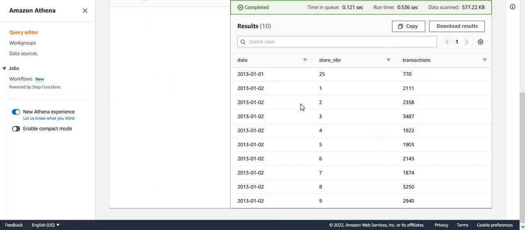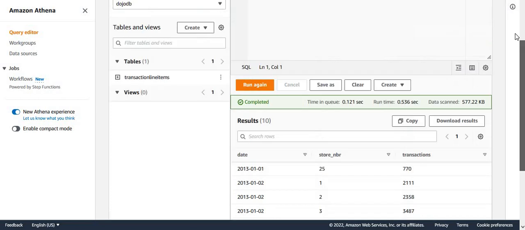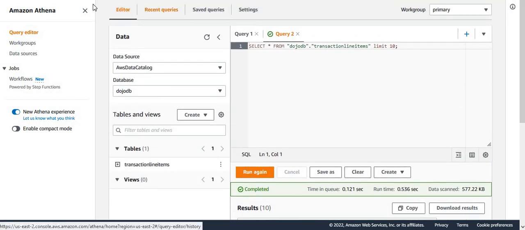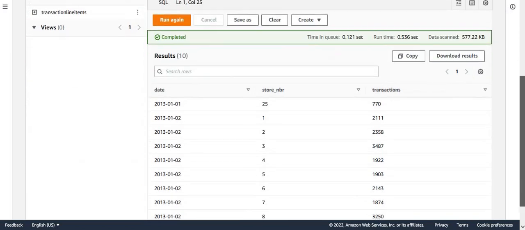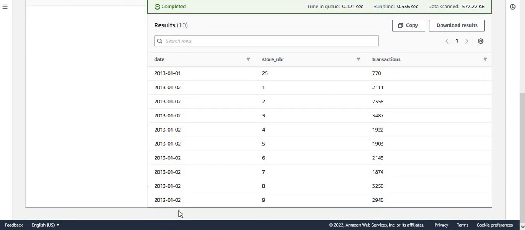So if I go to query editor, if I go to top, you can see over here that I have created a DojoDB database. In that DojoDB database, I have got a transaction line items table created. And if I try to fetch, say, top 10 records of this table, it shows you date-wise, store-wise number of transactions. What I'm going to do, I'm going to use this data as a source data,